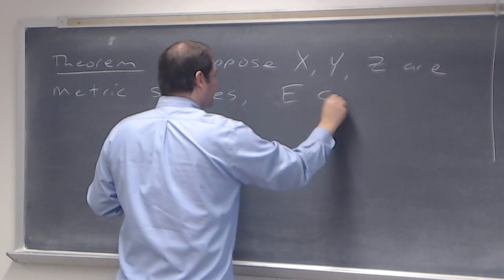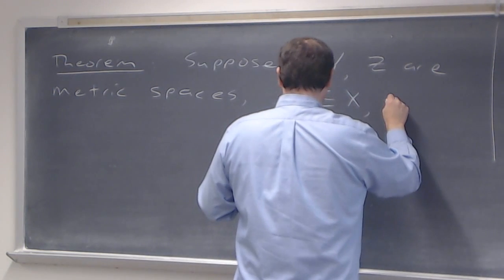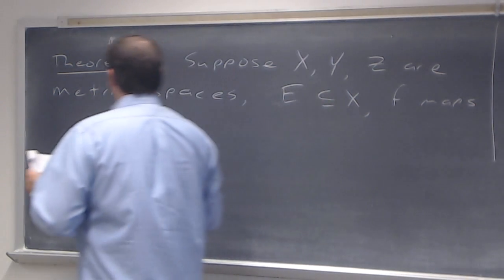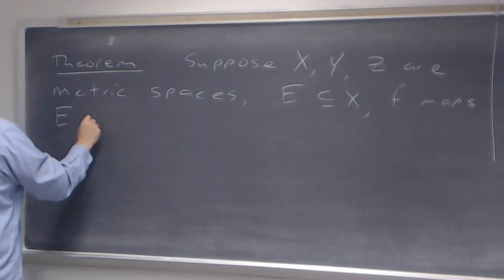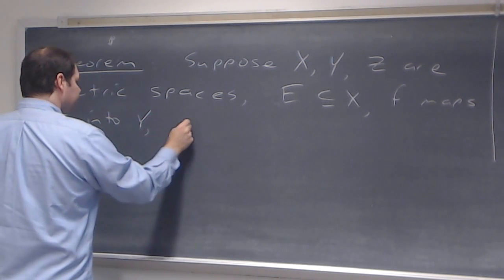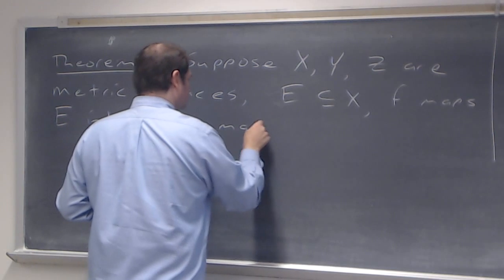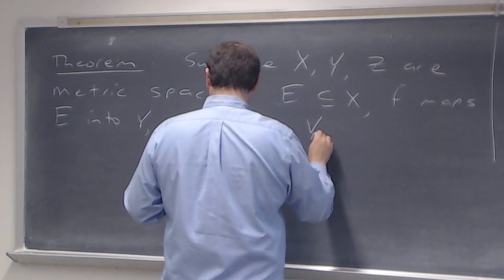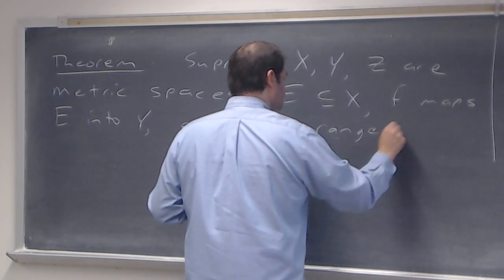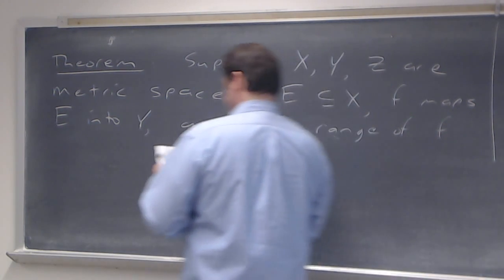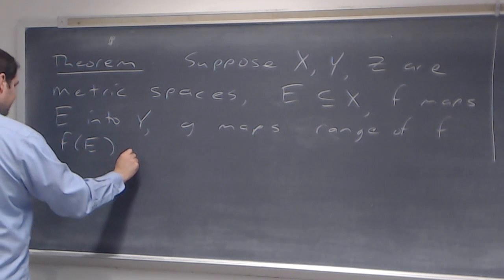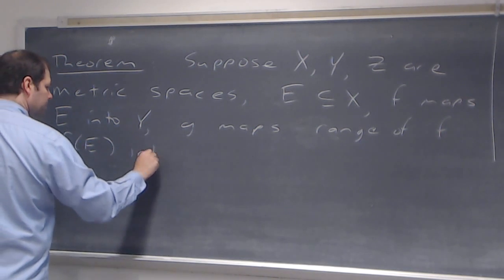E is a subset of X. F maps E into Y. G maps the range of F, that's F of E, into Z,